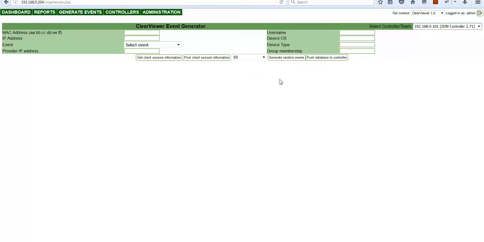Third, we can generate some random events. The application has some pre-filled information like MAC addresses and usernames, and these are randomized. If we click generate random events, these events are pushed to the controller. And finally, we can post an individual